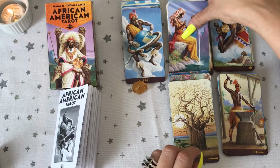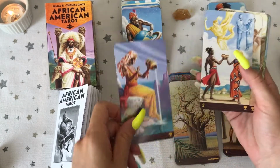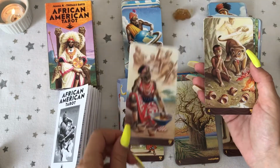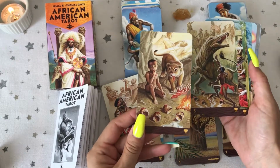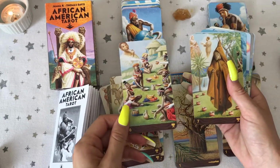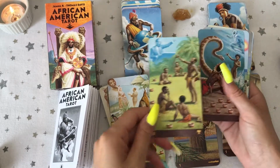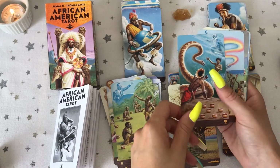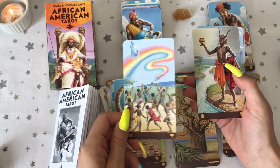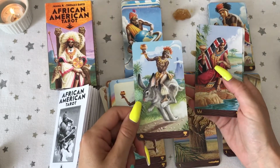Let's proceed with the minor arcana cards, and we have the Cups. Ace of Cups, Two of Cups, Three of Cups, Four of Cups, Five of Cups, Six of Cups, Seven of Cups, Eight of Cups, Nine of Cups, 10 of Cups, Page of Cups, Knight of Cups,